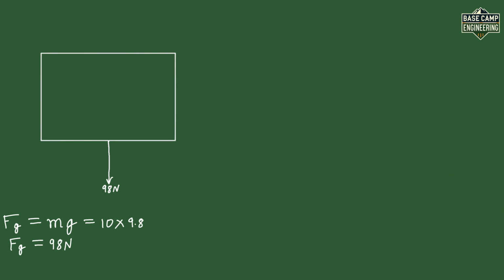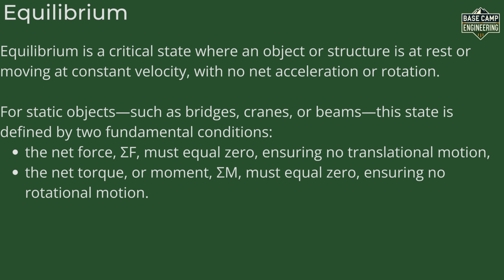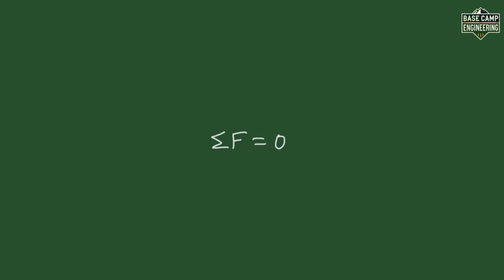In mechanical and civil engineering, the principles of free body diagrams, force types, and equilibrium conditions, ΣF equals 0 and ΣM equals 0, are not abstract concepts, but critical tools for designing and analyzing real-world systems. These principles ensure the stability and safety of structures, machinery, and everyday objects under various loads. Let's dive deeply into practical applications, focusing on how engineers apply FBDs, forces, and equilibrium to solve complex problems.